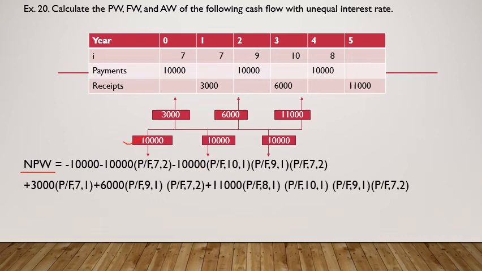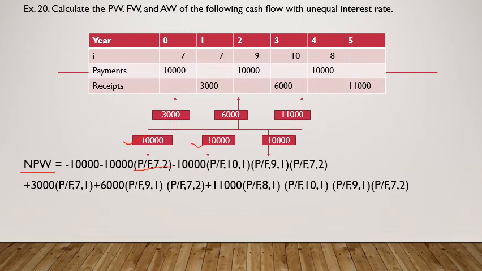Next, let me come to the second payment, 10,000, which is at a distance of 2 years, and hence I convert that using the factor P by F comma 7 comma 2, and I have to ensure here whether till the second year the rate of interest is uniform or not. Yes, I can see that up to the second year the rate of interest is 7%. So I can directly use P by F comma 7 comma 2. Let's put a tick mark to the second 10,000, that is done.